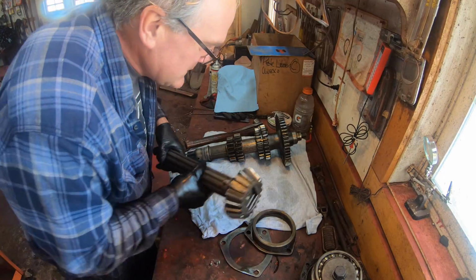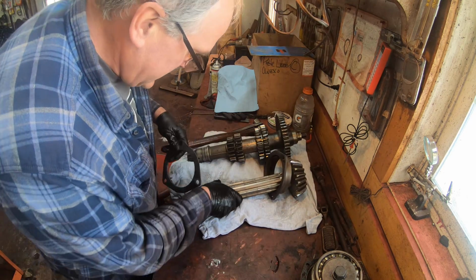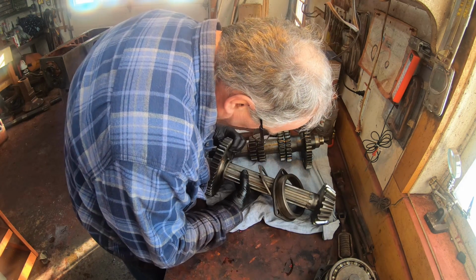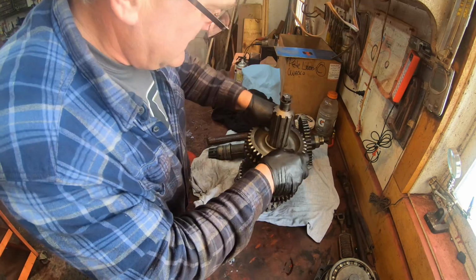Alright, now we can put this gear set back together, sans bearings. The bearings are coming. This is all gonna have to come back apart when I get the bearings in, but I wanna put it back together while it's clean, just to keep everything in order. And this one,